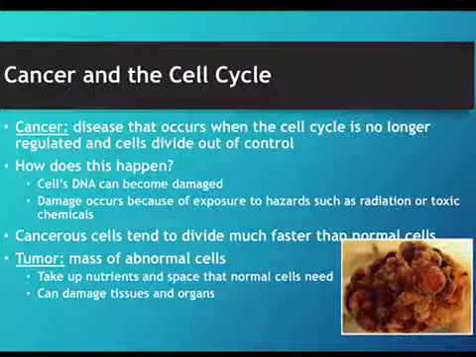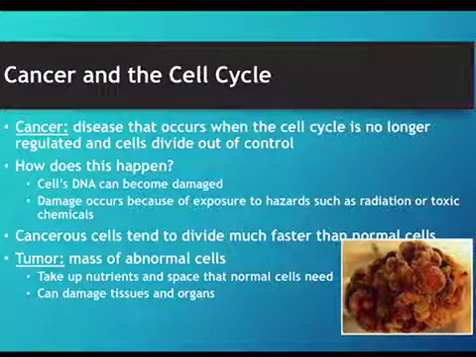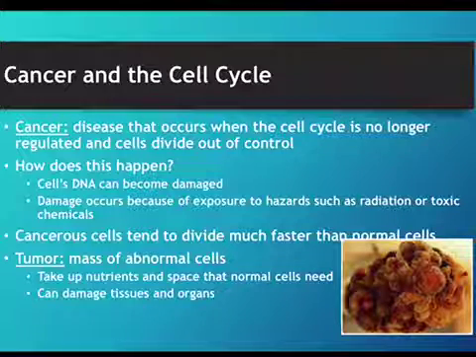So we're getting a bunch of new cells forming, and they're forming very rapidly, and usually because the cell's DNA has become damaged. And this damage could come from exposure to hazards such as radiation or toxic chemicals. And so now we call these cells cancerous cells, and they tend to divide much faster than normal cells because there's no regulation. And so this usually